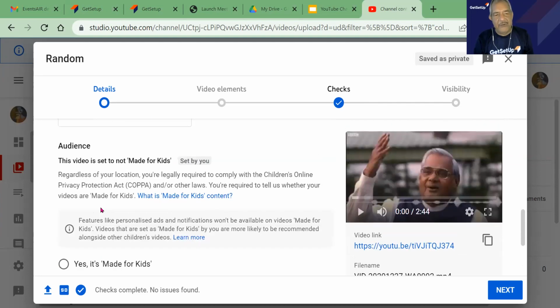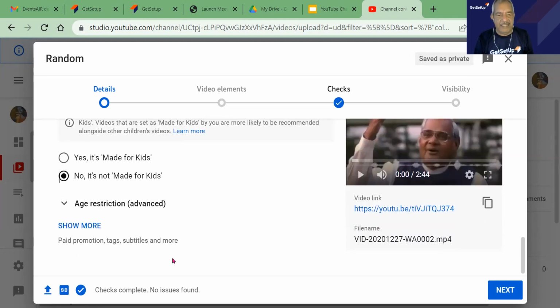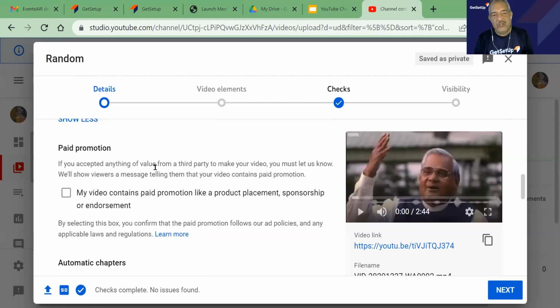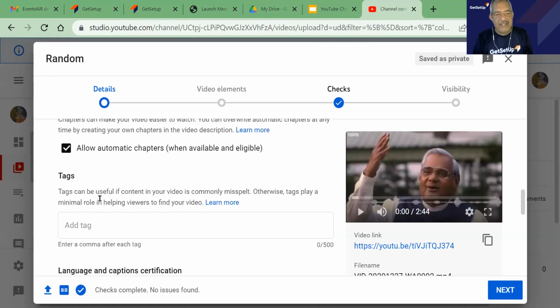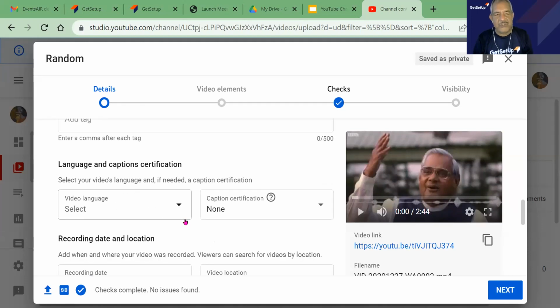Okay. Now, besides this, if there are any paid promotions, tags, subtitles, we can just click on here. If Geeta ji gets those 50,000 followers, which I hope she gets soon, and she gets any paid promotions, she will have to check on this. Okay. If there are any tags that you want to add, you can use that also here, okay. It's not very great that you need to use that.